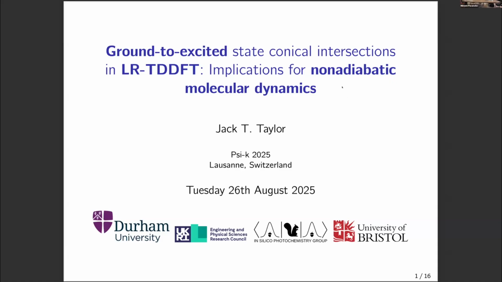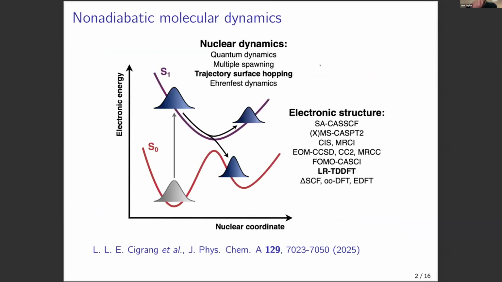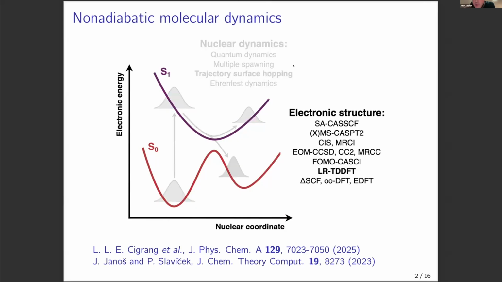As you know, for my PhD, I came from a nonadiabatic dynamics group. And those of us in the field of nonadiabatic molecular dynamics know that you can break the field up into two ingredients: the nuclear dynamics and the underlying electronic structure. And of course, there are a number of methods in both of these categories. However, it was shown within the last couple of years, or highlighted more explicitly, that it's actually the accuracy of the underlying electronic structure that can have a much larger impact on the accuracy of the overall non-adiabatic